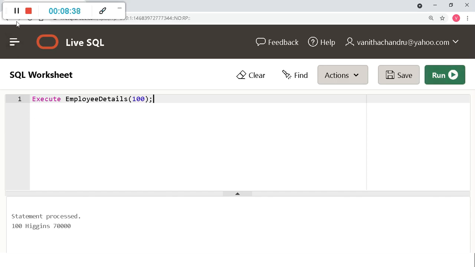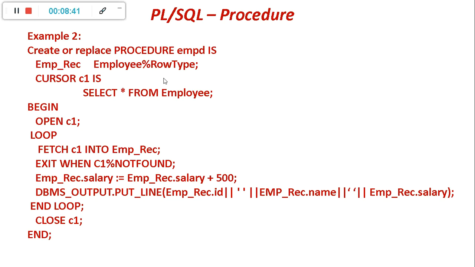Now we see the second example. In this example, we are again creating a procedure and we fetch all the rows from the table employee and update the salary value, that is, increase the salary value by 500 rupees, and we are using the cursor concept to fetch the rows. So here we can see create or replace procedure name. EMPD is the name of the procedure, IS is the keyword, and here we are using the same row type attribute. We have already discussed this, and EMP REC is the name of the variable, employee is the table,